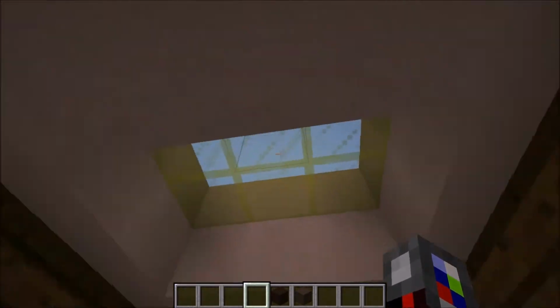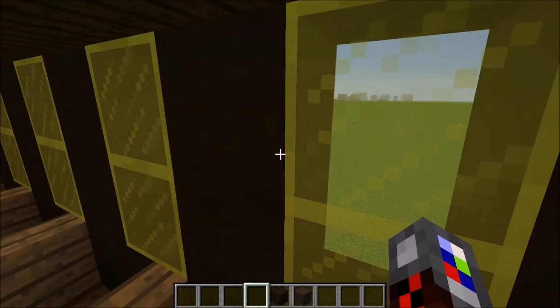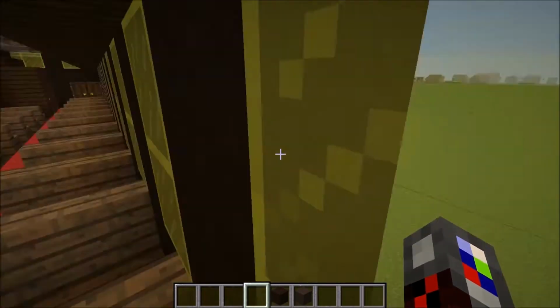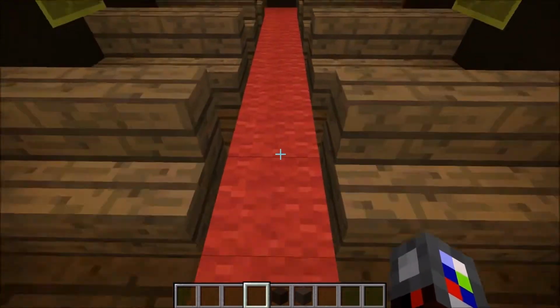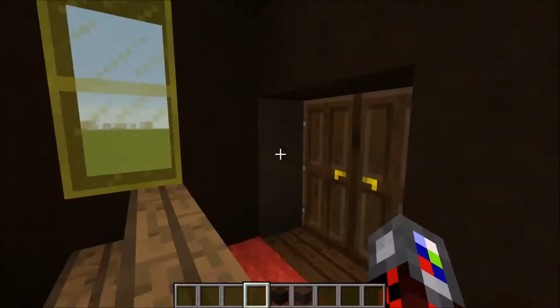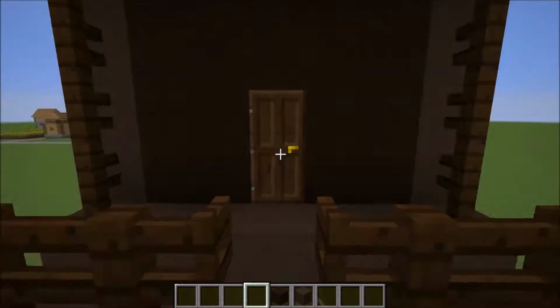This one's got some skylights, but essentially everybody got 2-person seats. You'd be crammed next to somebody. One person gets the window, one's on the aisle, and you do have a little bit of carpet, but that's only on the aisle itself. And moving back to the next car,